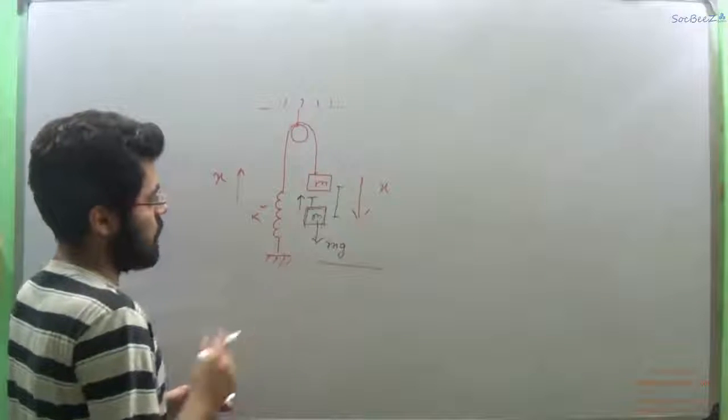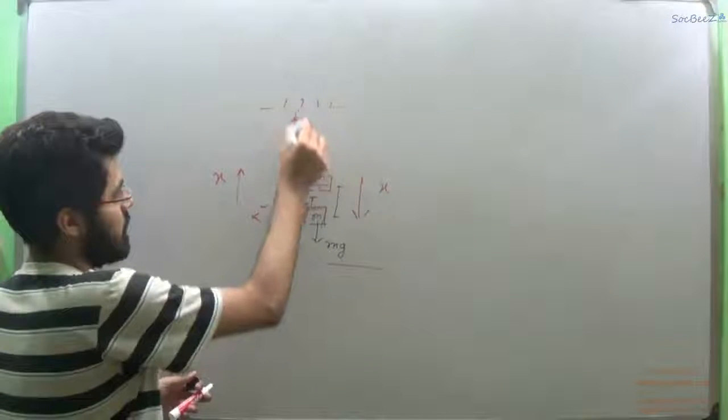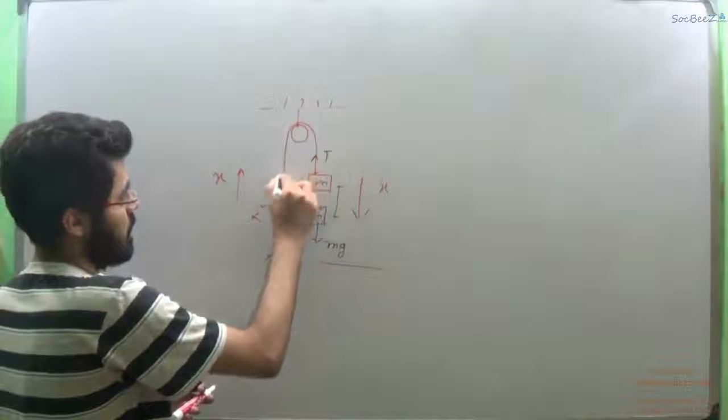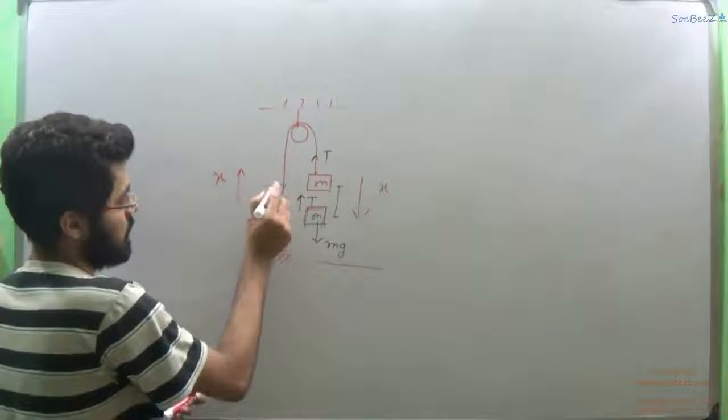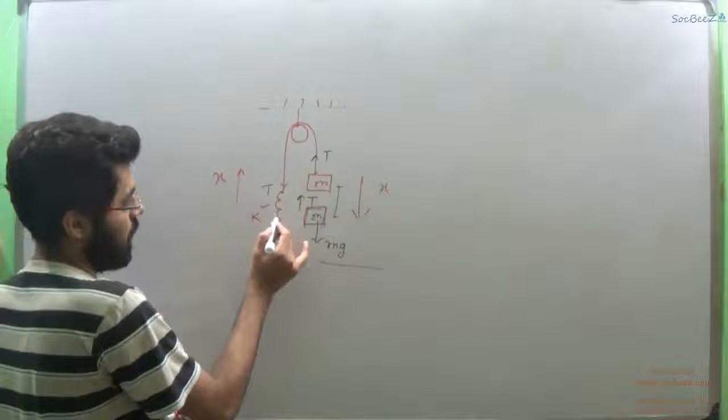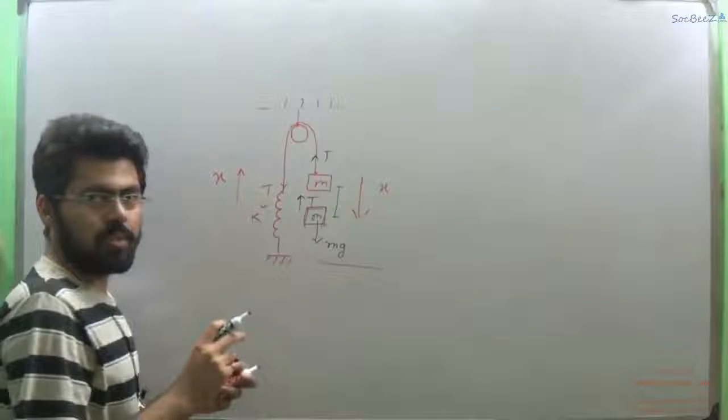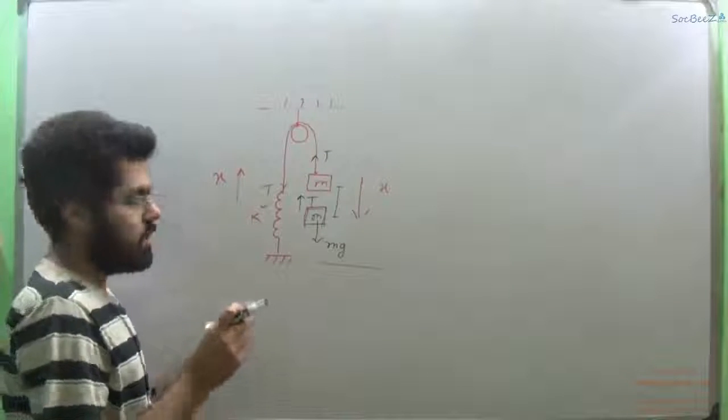Now what is this tension equal to? Another end of the string is attached to the spring. It means whatever the spring restoring force is,